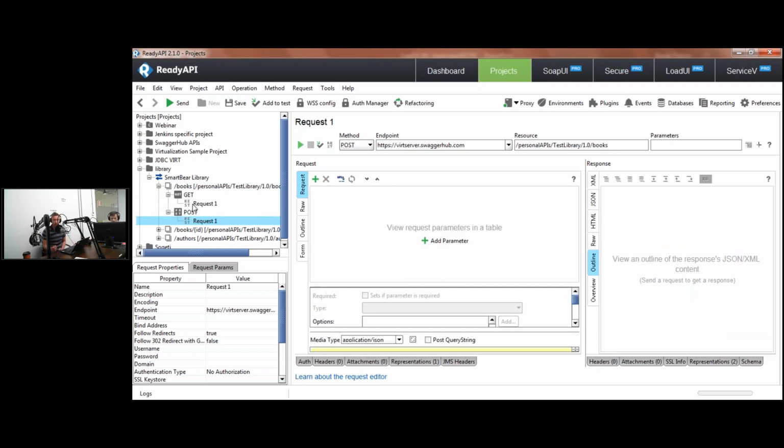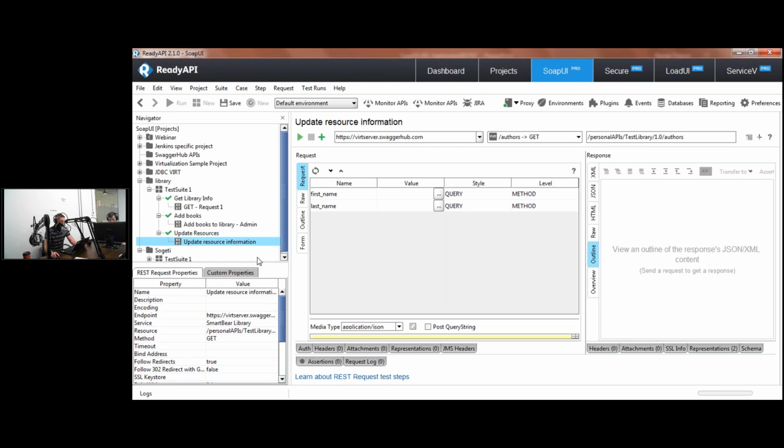Similarly, if we look at the scenario we've been talking about, where 70 or 80% of our traffic is going to be getting information from the library, posting new information, or updating from an admin perspective, maybe updating certain information in the database in relation to those books. So what I've done in SoapUI, if we move a little bit out of the project section here,